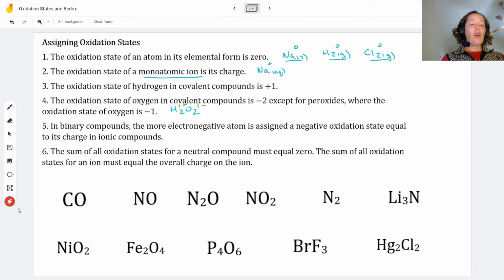Okay, so rule number 5. In binary compounds, the more electronegative atom is assigned the negative oxidation state. So if you have 2 non-metals and you're trying to decide which one is going to have the negative oxidation state, which is